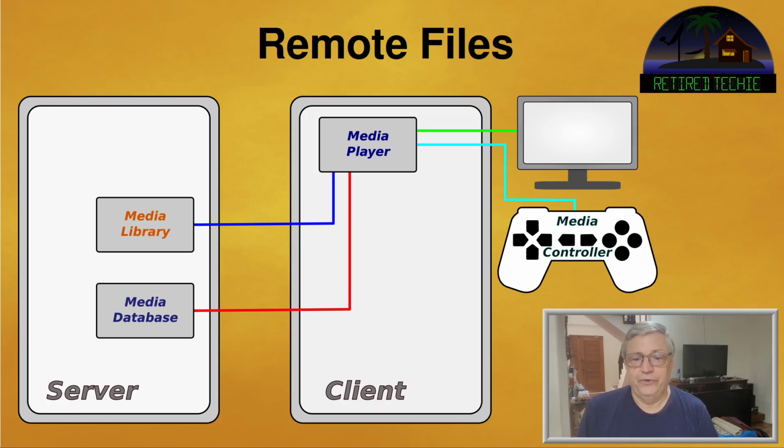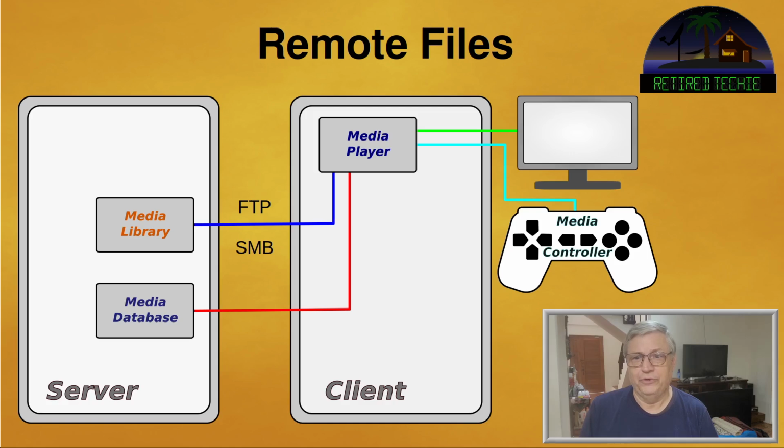So we have a file server, and like I say, it's set up to share files with other systems, and the computer hooked up to our home theater is a client. We've got several network protocols you can use. It just depends on the media player you're using and what it can use. For example, going back to Kodi, it recognizes FTP, or file transfer protocol. Technically, it also recognizes SFTP, secure file transfer protocol. It also recognizes SMB,